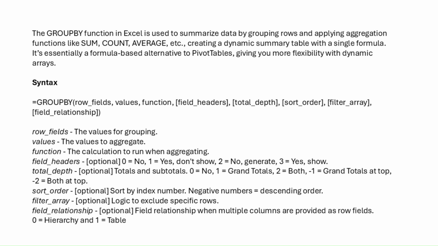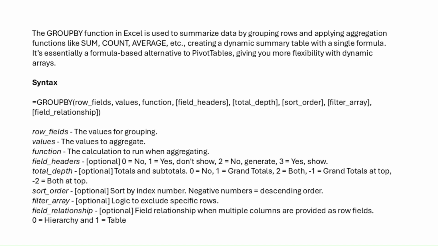Row fields, the values for grouping. Values, the values to aggregate. Function, the calculation to run when aggregating. Field headers, optional: 0 equals no, 1 equals yes, don't show, 2 equals no, generate, 3 equals yes, show. Total depth, optional, totals and subtotals: 0 equals no, 1 equals grand totals, 2 equals both, minus 1 equals grand totals at top, minus 2 equals